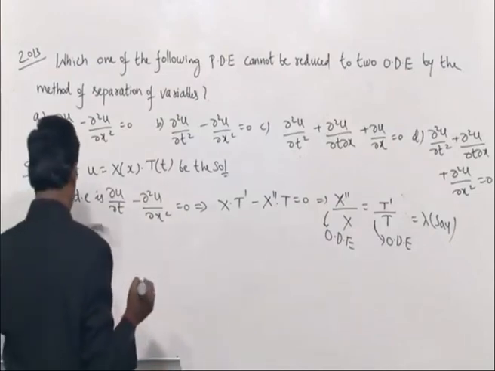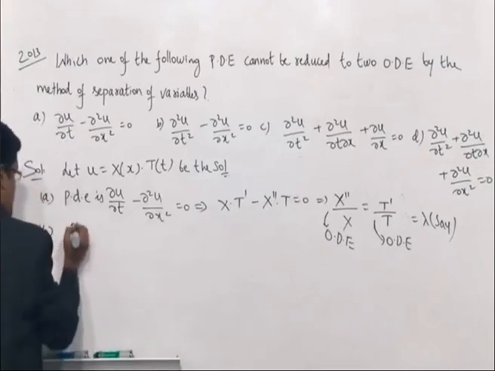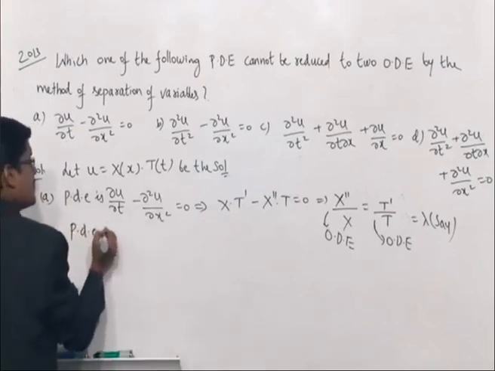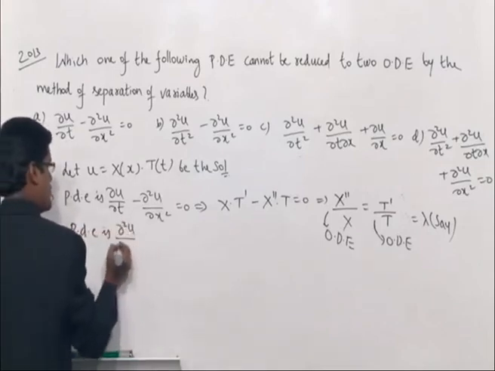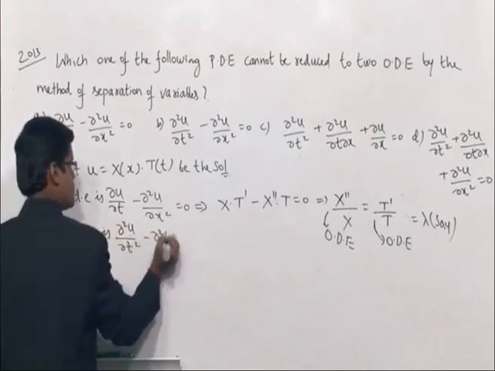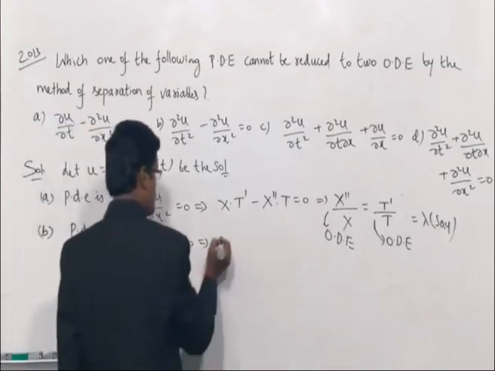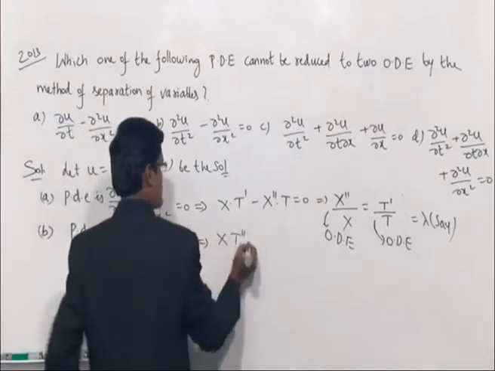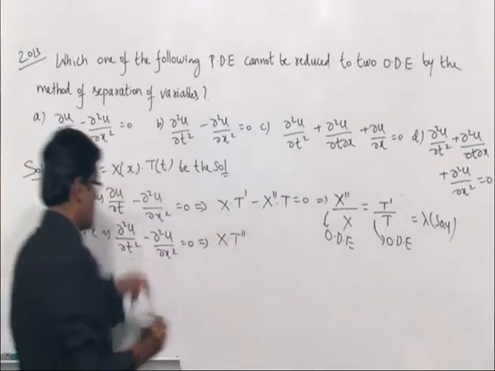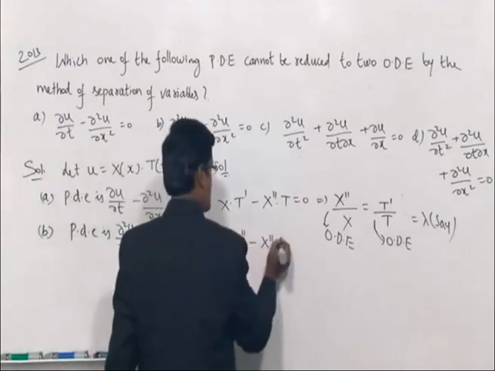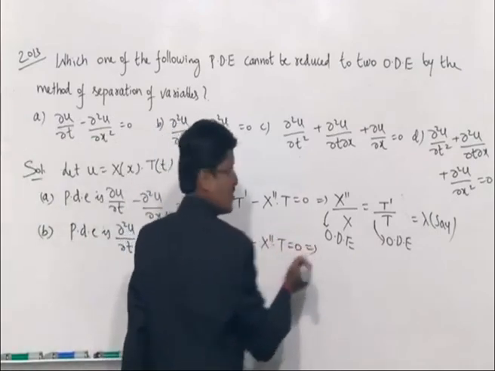Okay, first of all, dou square dou is equal to 0. This simplifies to x into t with the help of assumed solution minus x dash into t. So this simplifies